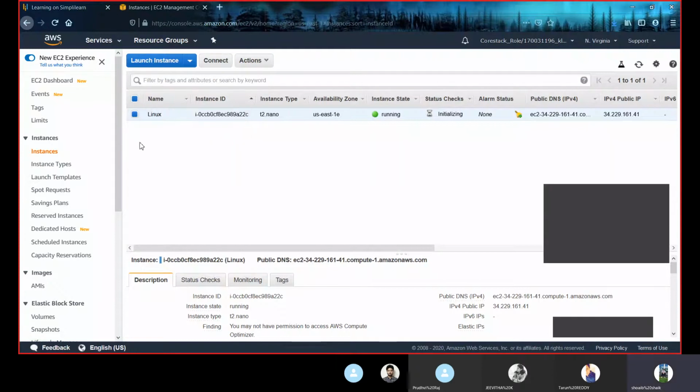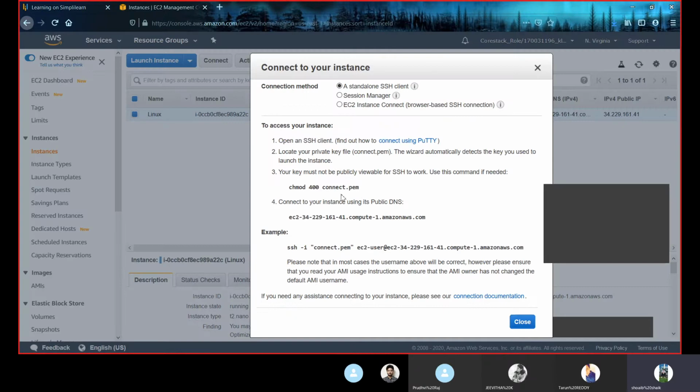So for connecting to this Linux system, choose it and just click connect. Here are some instructions, and you can see a standard SSH client. So for connecting to a Linux system, we require software on our PC.